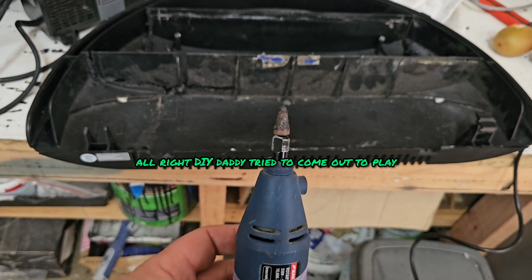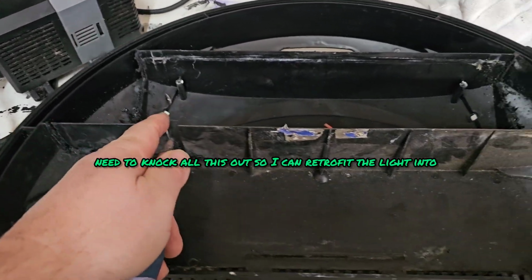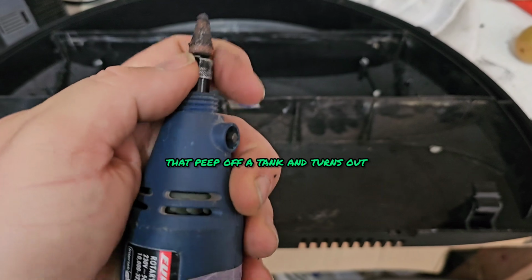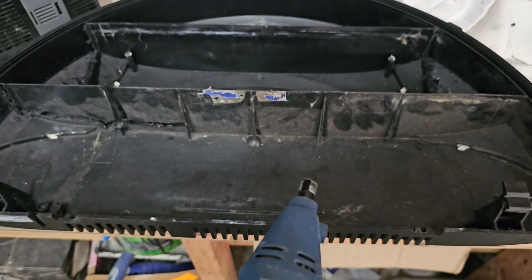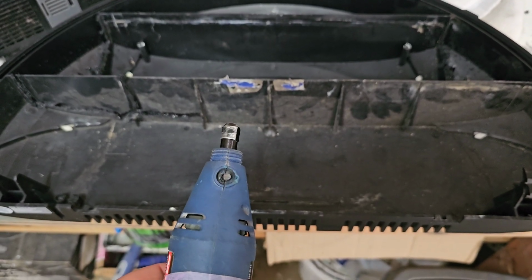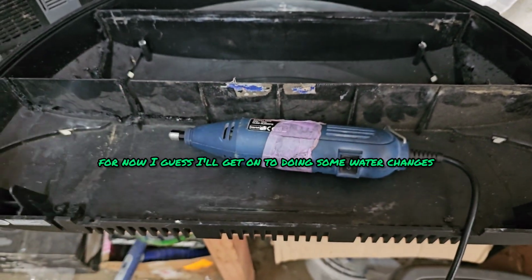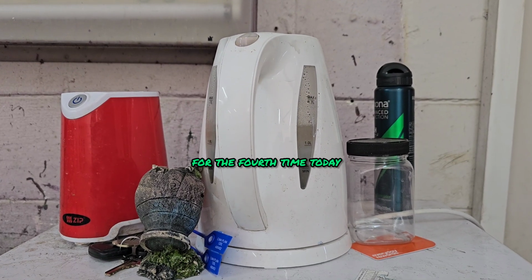Alright, DIY Daddy tried to come out to play. Need to knock all this out so I can retrofit the light into that pea puffer tank, and turns out it's not holding on. So I need to get a part to do that. I will leave it at that for now. I'll get on to doing some water changes. For the fourth time today,